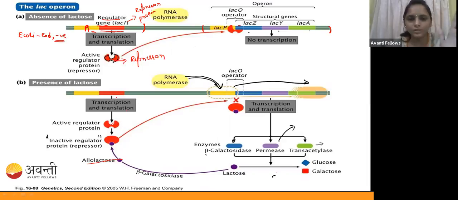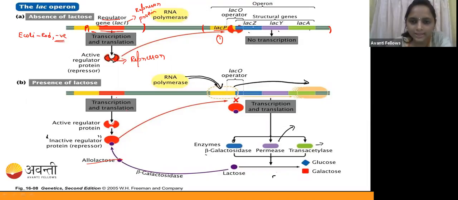Now you can remove this. Now you can come here, okay. So here you can see that there is another promoter, okay. Under this one promoter, you can see there are three genes, okay. So that is the LAC-Z gene, LAC-Y gene, and the LAC-A gene, okay. Guys, this is what is called the operon, okay. So all three genes are controlled under a single promoter, okay. So that's why it is called an operon, okay.